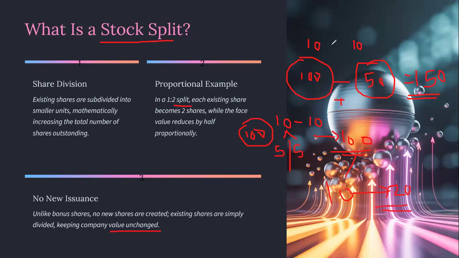And in reverse, in bonus share, I have 10 shares. If I issue additional 10 rupees shares, then I can have 15 shares. So earlier I was having 10, now I have 15. So shares are increasing. But in stock split, I just divided the existing shares in multiple formats. Any doubt about the meaning of stock split and bonus share?